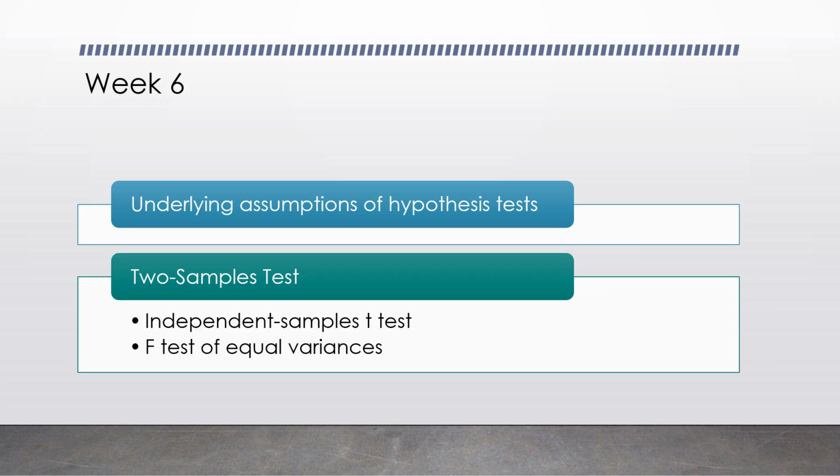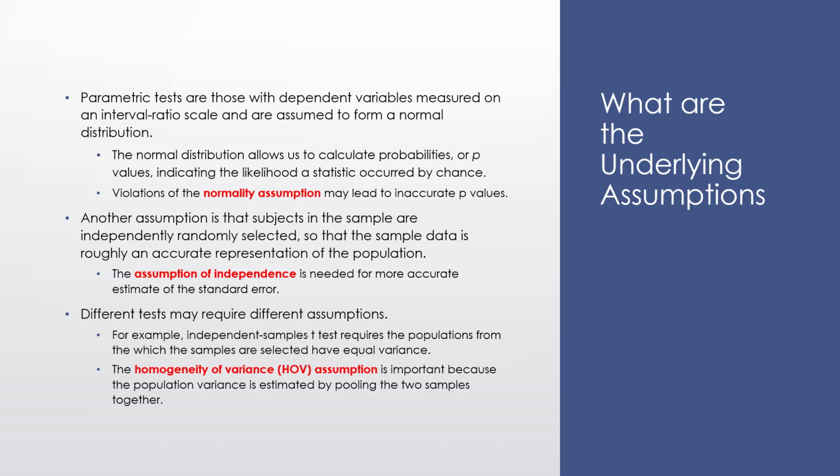Hello everyone. So far, I've introduced several hypothesis tests. They are all called parametric tests because in all of them, the dependent variables are measured on an interval or ratio scale and are assumed to follow a normal distribution. The normal distribution allows us to calculate probabilities, or the p-values, and estimate the likelihood of a statistic occurring by